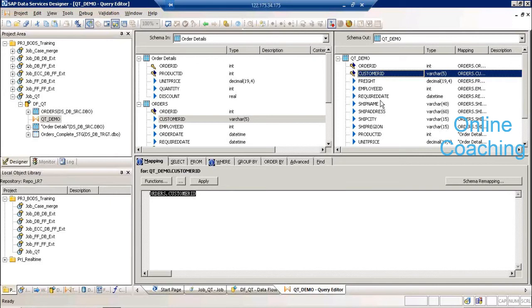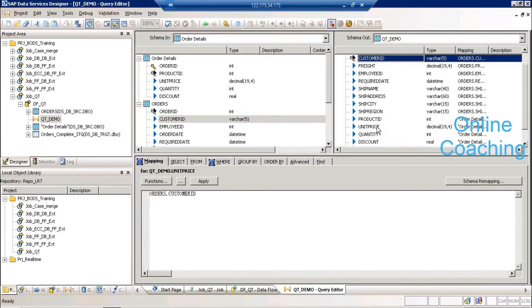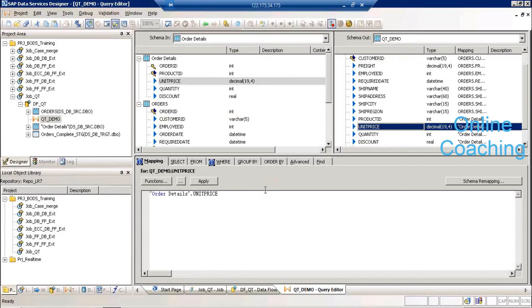Now, let us say for unit price, you want to define a condition. Generally what we do is delete the existing mapping and create a new one, but as a best practice, don't do that. I recommend you always comment existing mappings by putting a hash symbol before them, and then do some calculation on that. Select quantity,